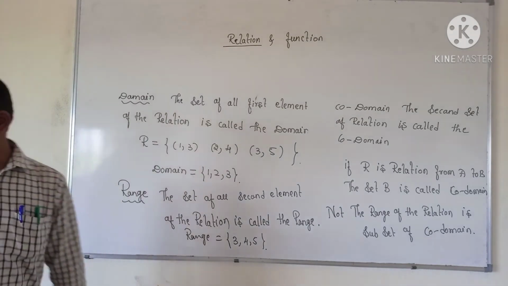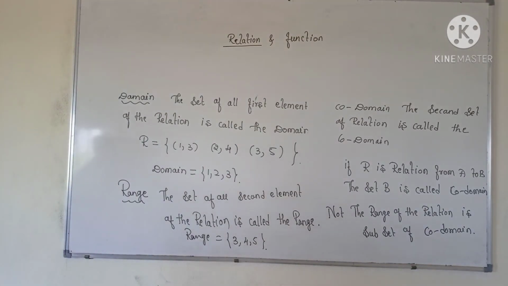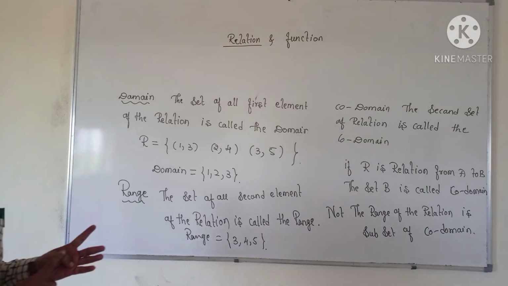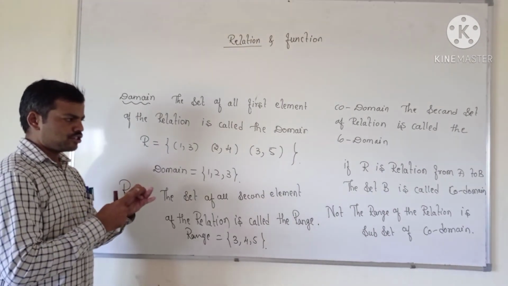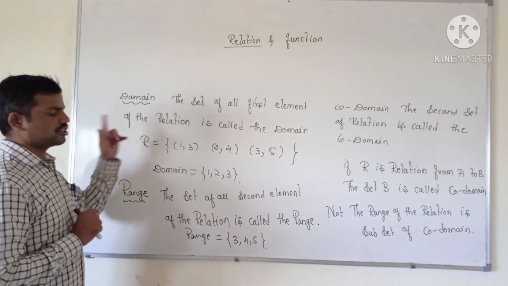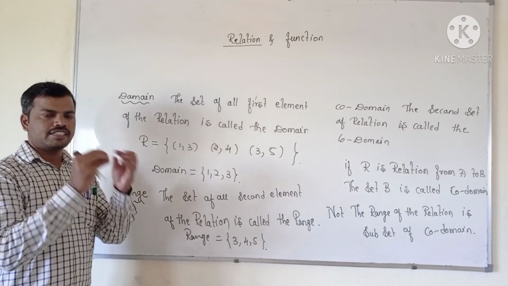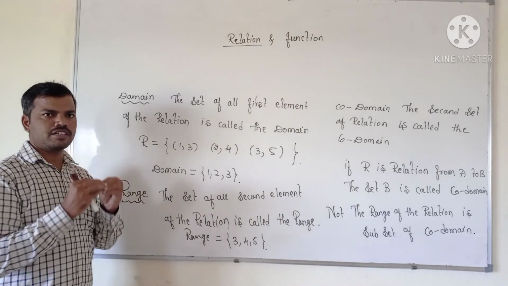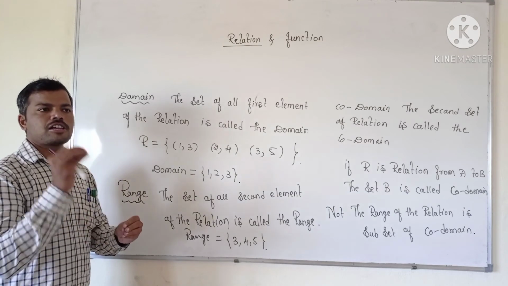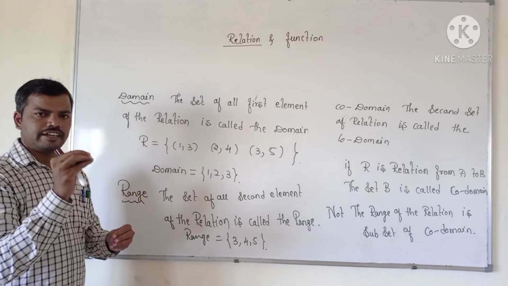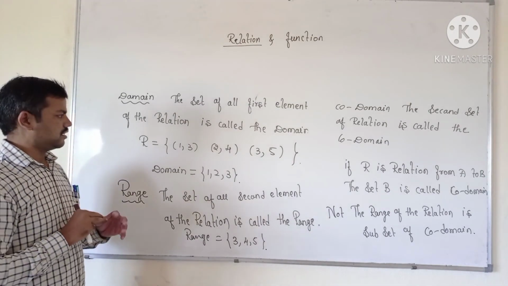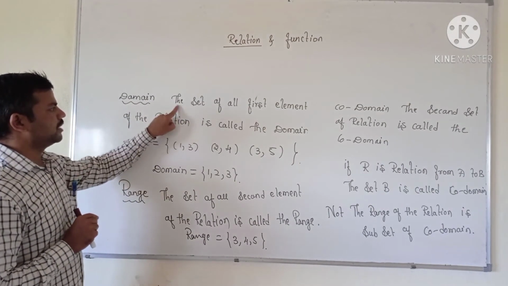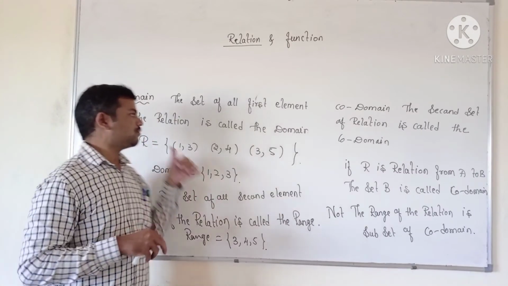So next we move to the examples. So here we have cleared up what we mean by the relation. Do you understand what a relation is, what the domain is, the range, and the codomain? A relation is a subset of the Cartesian product, and the subset is derived by giving a specific relationship between the first element and the second element. And then we come to the domain. Domain is the set of all the first elements of the relation.